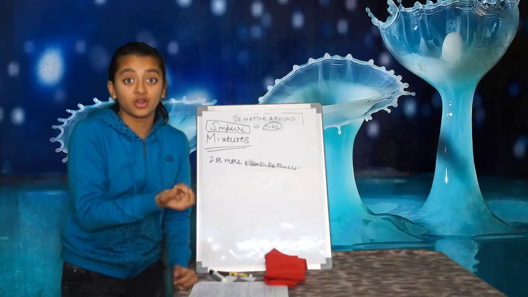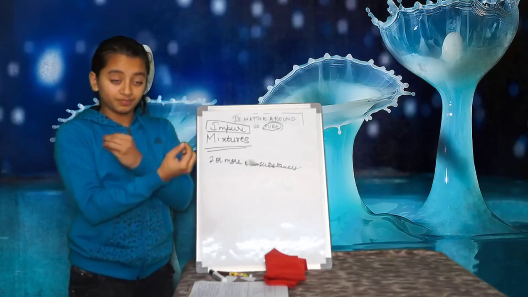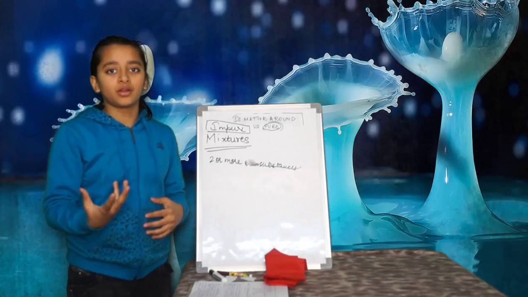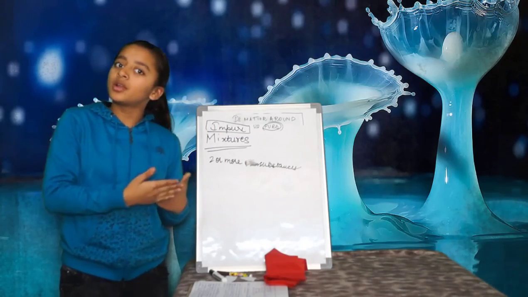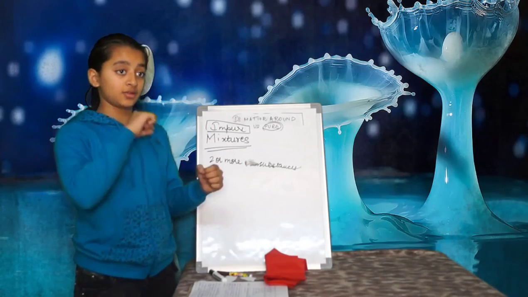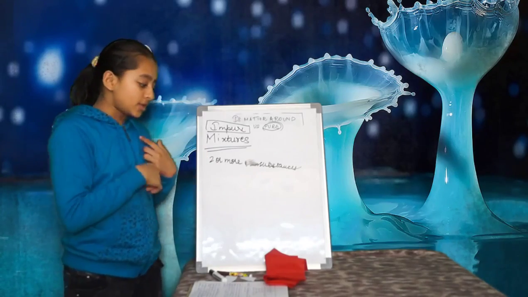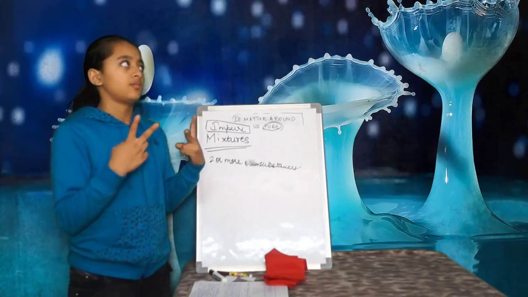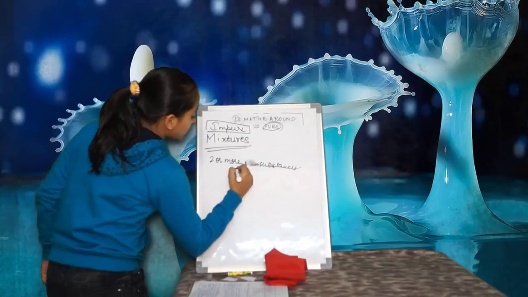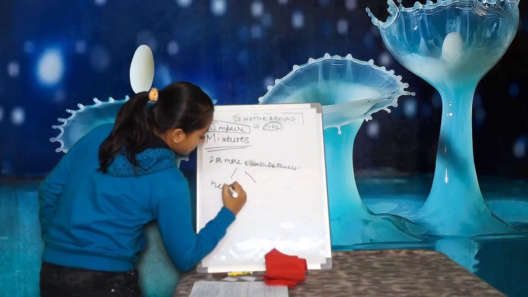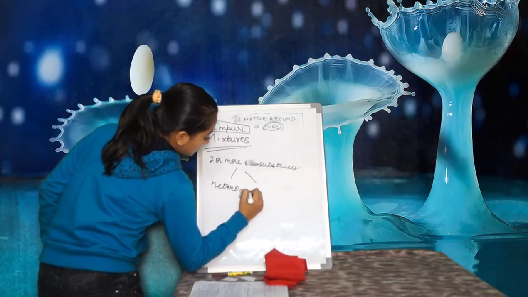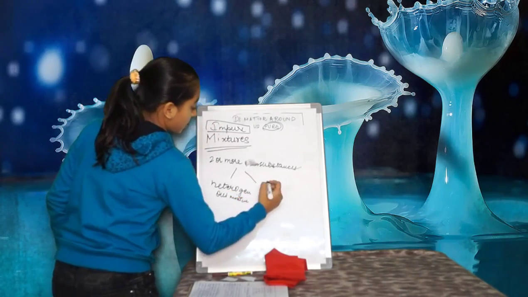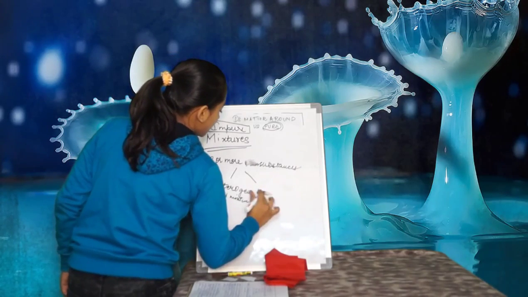Oh, this is the layer of sugar, because it has gone into the molecules or the atoms of the water, and so it is mixed with it thoroughly. But the chalk powder could not mix with it thoroughly. As a result, you could see an outlining boundary, and so we can divide this mixture into two more parts. That is a heterogeneous mixture and a homogeneous mixture. And homogeneous. Sorry.